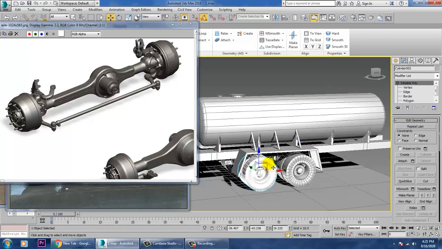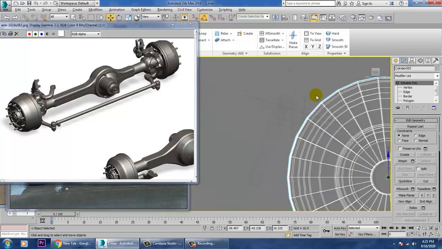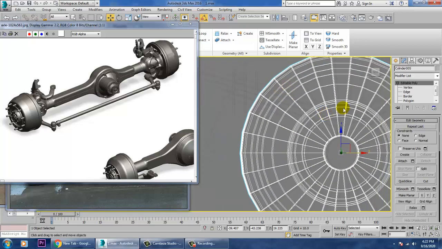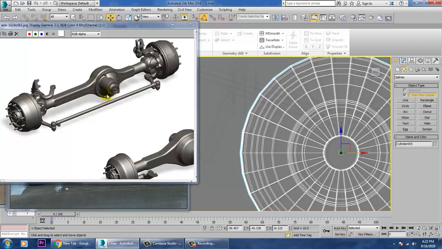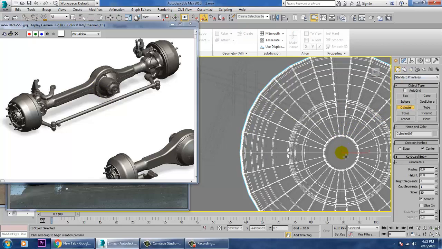So how we are going to do it is, let's go into this and take a cylinder over here. We'll just create it half over here.